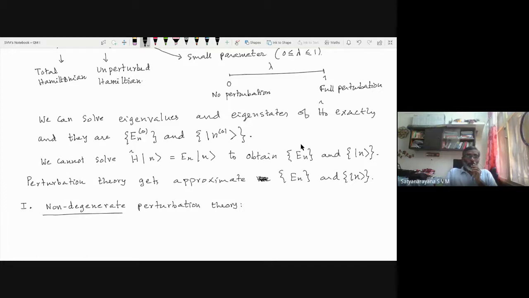Now, what do we mean by non-degenerate perturbation theory? Here we assume